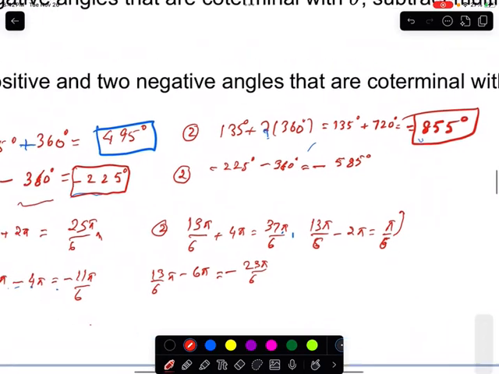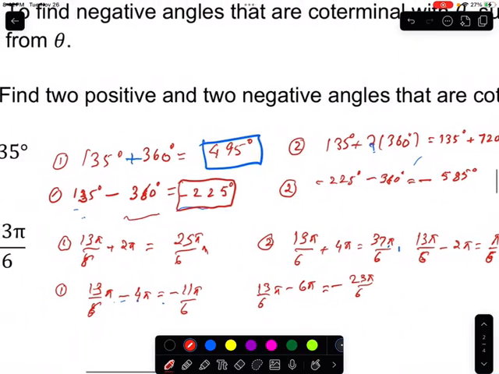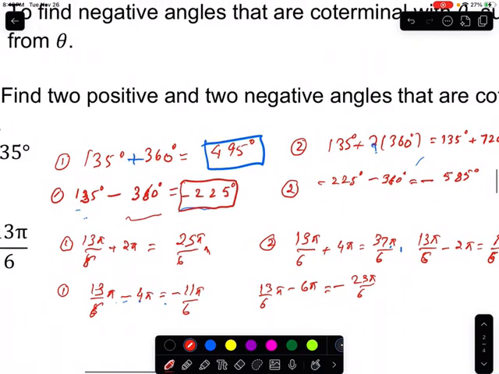This time, instead of taking the initial given angle and subtracting the second multiple of 360, I took the answer from the first piece and subtracted 360 from that, which is the same thing. Because if you had done 135 minus 2 times 360,